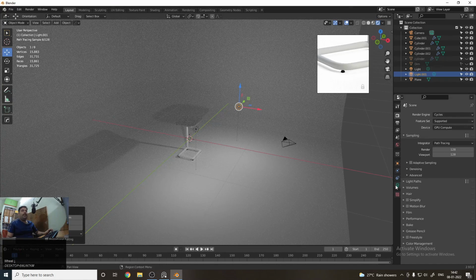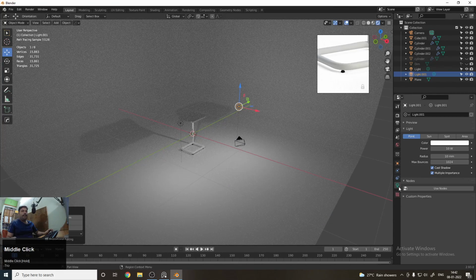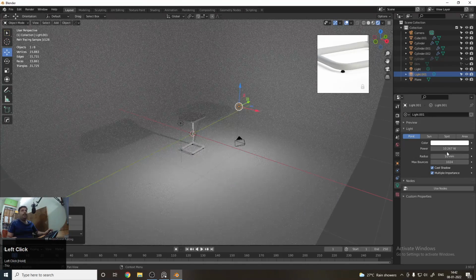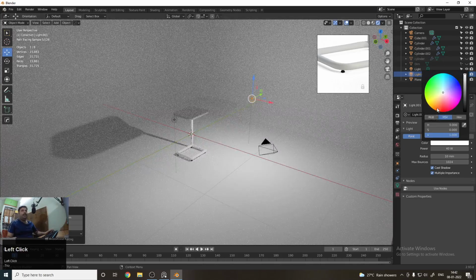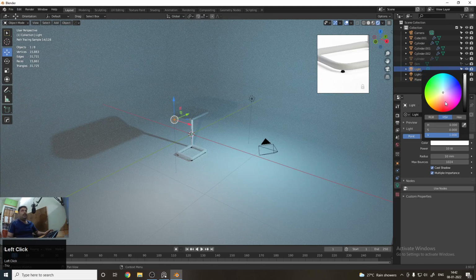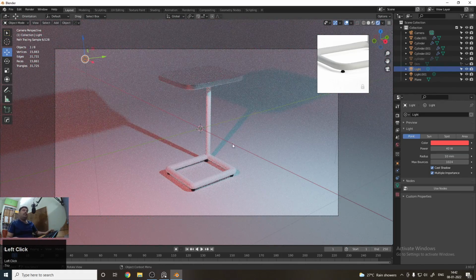And if you want to increase the light or change the color, you can use this button, click on it and increase the light. So now let's make it 40. Let's change the color to blue and the other color to red, and let the value be 40. And let's click on this again. So you can see that this is a basic setup.